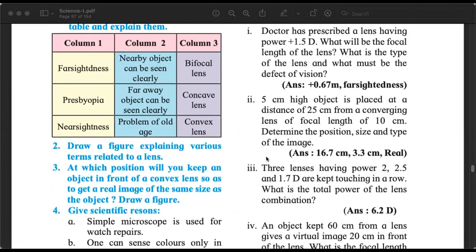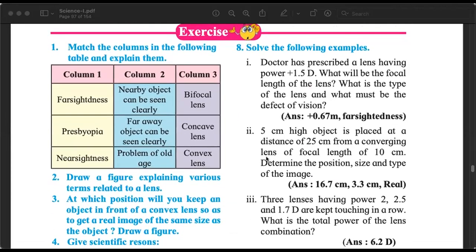One more question you can answer now, which is question number 8, part 1. A typical numerical question, which will use the formula for lens formula, magnification, power, and it is combined with the defect of the eye. आराम से अभी हमने पढ़ा ना, convex lens, positive power. Convex lens is used for far-sightedness. हो गया. Other things we could have calculated anyway.